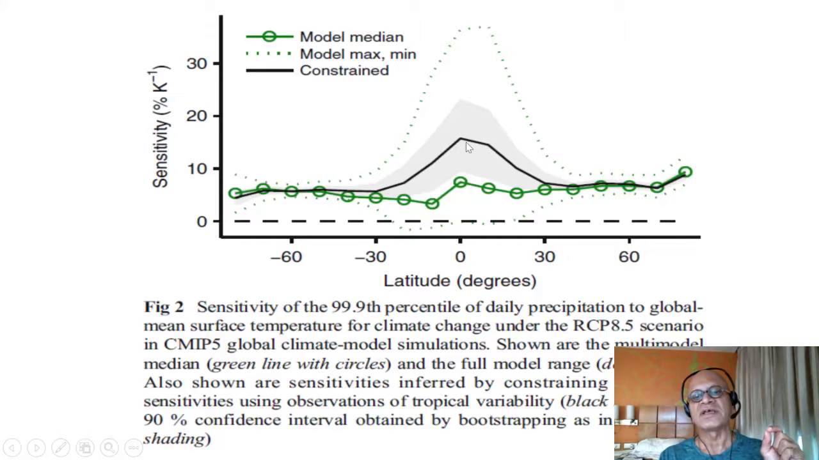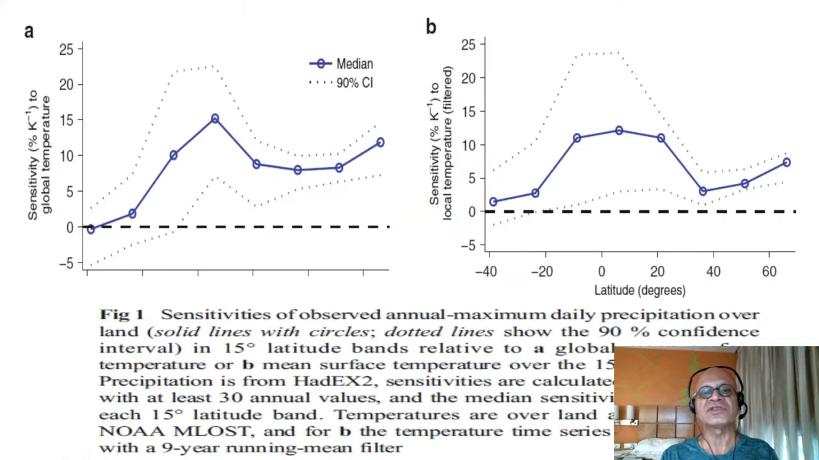So here you have a constrained estimate of the sensitivity of extreme precipitation, defined as the 99.9th percentile of daily precipitation, to global mean surface temperature. Global mean surface temperature, which is what we are most interested in. Okay, with a 90% confidence interval shown here with some statistical method called bootstrapping, which I won't go into. Again, this indicates that we are basically struggling with observational uncertainties in these observational estimates of sensitivity of extreme precipitation,